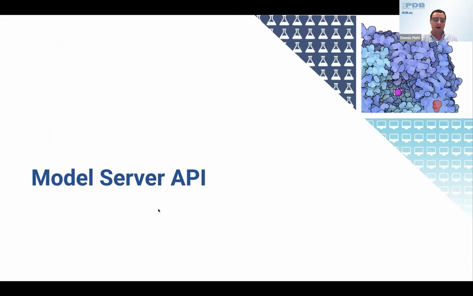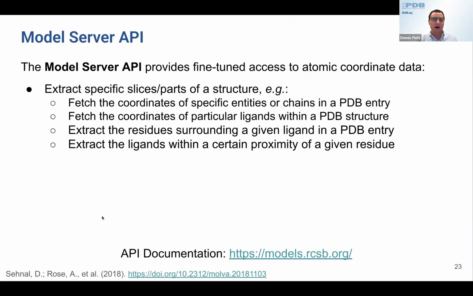All right, with that, I'm now going to switch to the model server API. The model server API provides fine-grained access to atomic coordinate data. What this means is it allows you to extract specific slices or parts of a structure, such as fetching the coordinates of a specific entity or chain within a PDB entry, fetching the coordinates of a particular ligand within